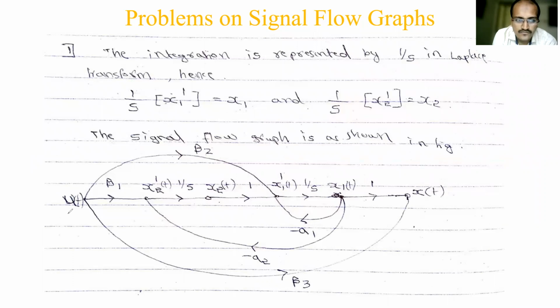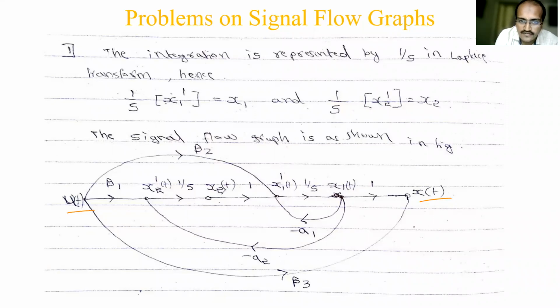So this is the U of t and X of t, and from X of t it will come from X1 of t, and X1 of t comes from its differentiation as integration. 1 by S is shown here. Even you can take the reverse path also. How do you get X1 of t to X1 dash of t? Multiply by S. So are you satisfying that equation? You have to try.